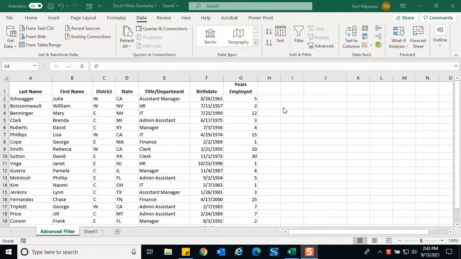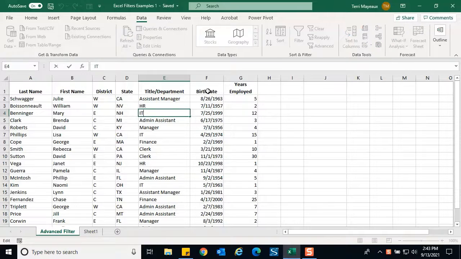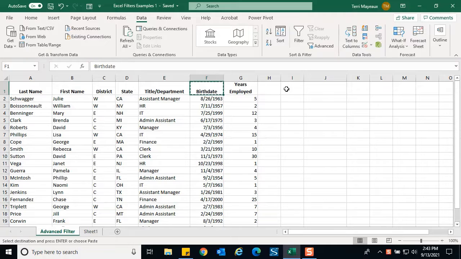I've now removed the criteria range that we have been working on because we may want to look at numbers and some of the comparisons that we can do with birthdays and years employed, for example. So for our first example here, let's look for a birth date that is greater than or equal to 1985. To do that, we would go to birth date, and I'm just going to copy it and paste it in